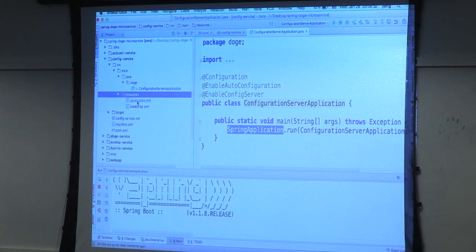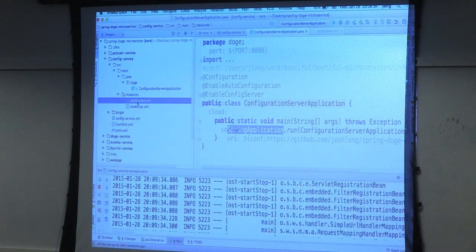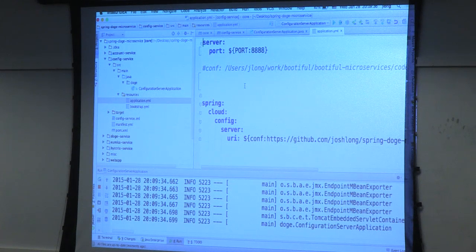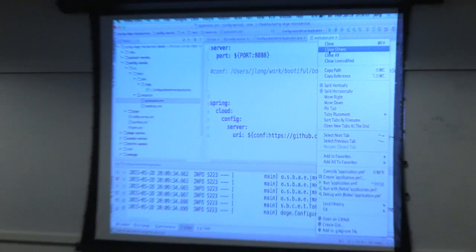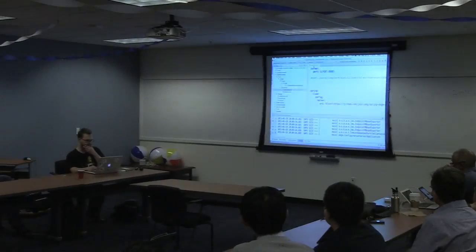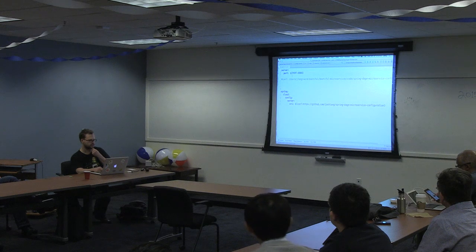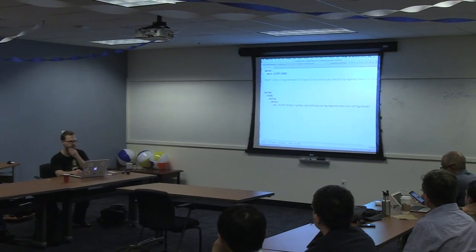And you can see I've got a couple of configuration files here. application.yaml is the same as application.properties. You remember when I did that zip file, I got an application.properties. YAML is just a hierarchical way of describing the same data. I've got your standard stuff here. I'm telling my Spring Boot app to run on this port.